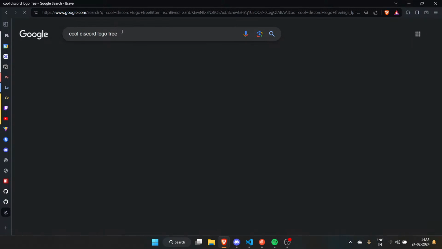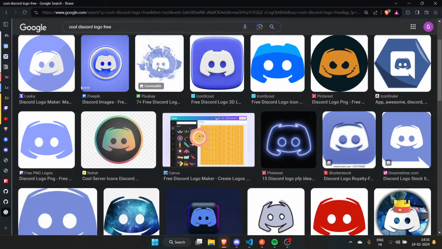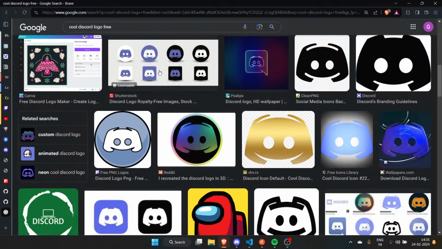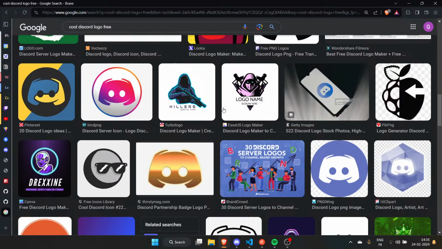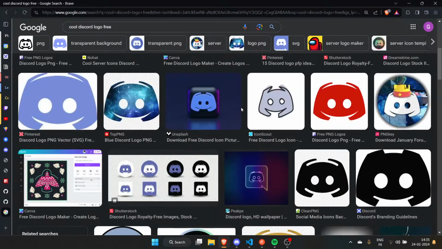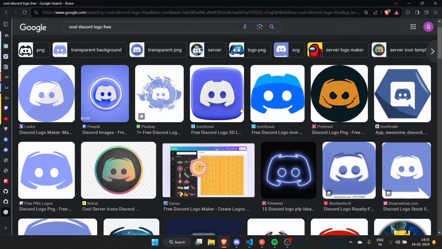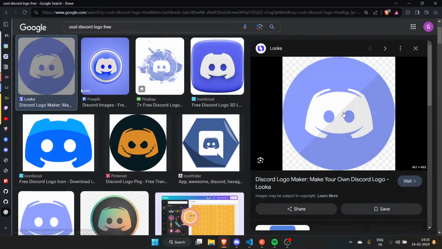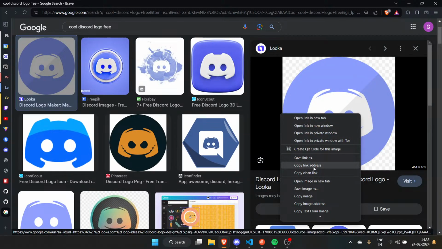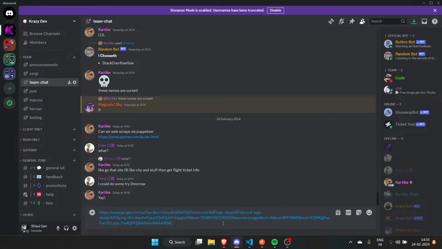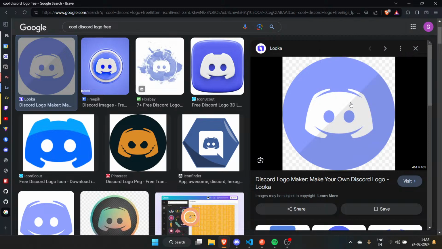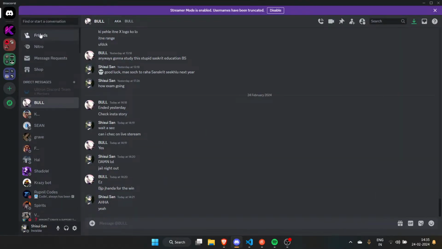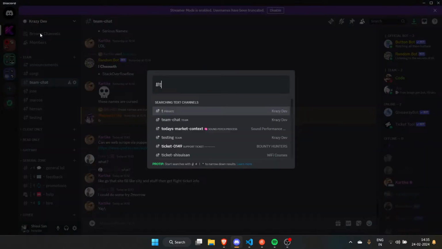Probably a free one will be better. How the hell is this thing a Discord logo? I guess I'll just use this, to be honest. Copy clean link. It isn't that bad, but I don't want to copy the image.